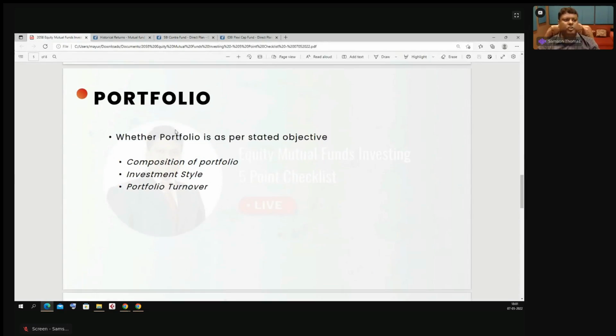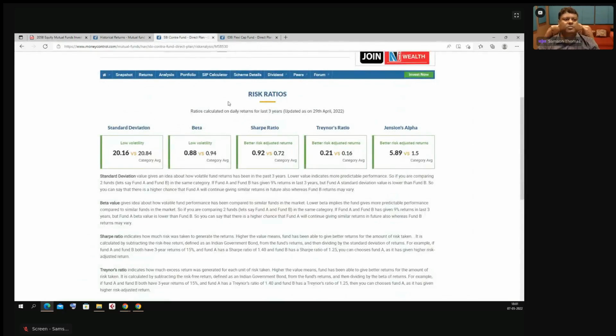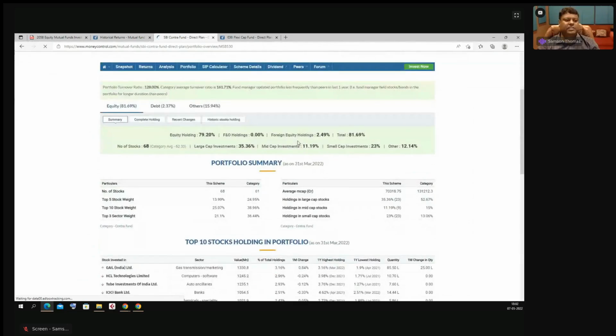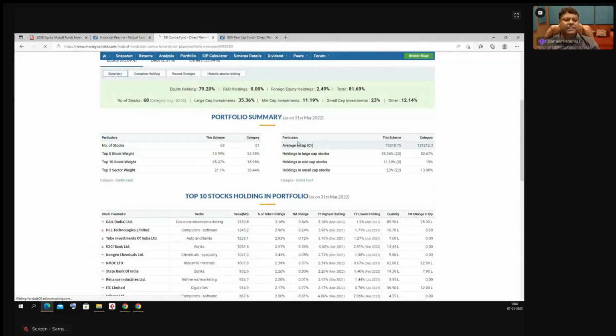What is the portfolio? The next thing that we want to see is the portfolio. Now, to understand the portfolio, it would be good if you have an idea of the stock market and which stocks are inside here. It would be good if you know that. But even if you don't know, just a simple analysis of this portfolio will also give you an understanding.